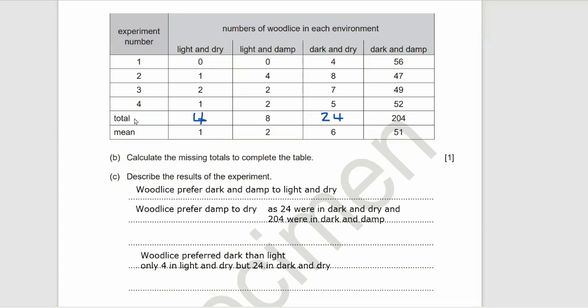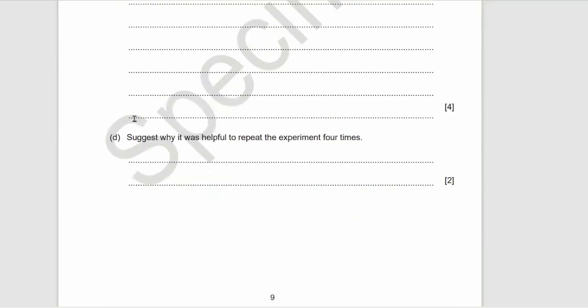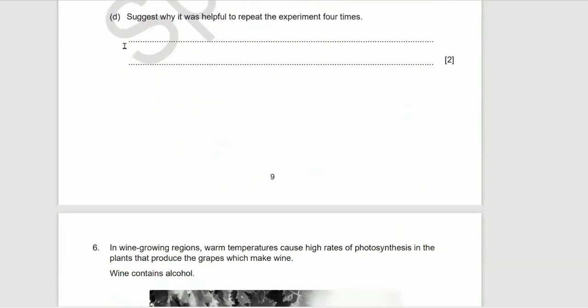So let's move on. Suggest why it was helpful to repeat the experiment 4 times. So why do we repeat experiments? More repeats gives us more data. Okay, so when we have more data, we like to compare the data. When we do repeats, we can compare and see if there's anomalous results. We can spot odd results. Another word for odd results is anomalous. So we can spot odd results,